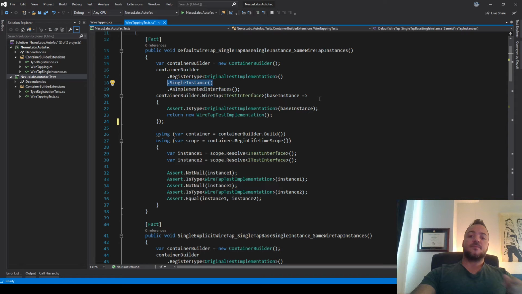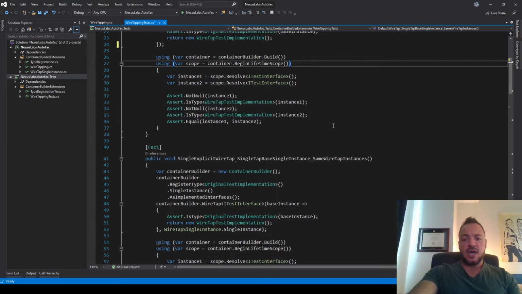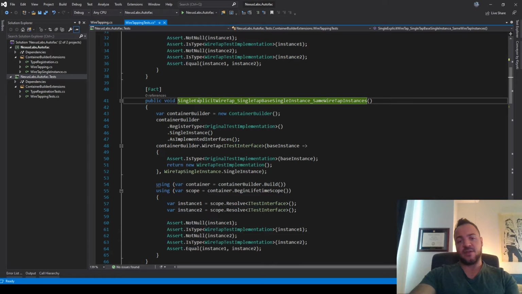So that was like one example of a test I made. I'm like, okay, that feels pretty good. I might not go into as much detail on all of these, but then you can see the next test below, it's almost the exact same, but you can see already the name is different. It says single explicit wiretap, right?